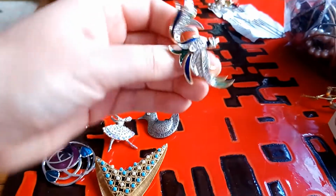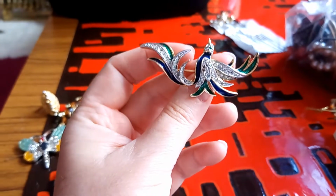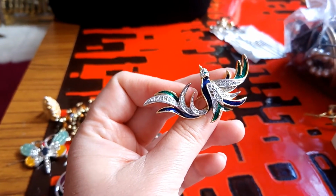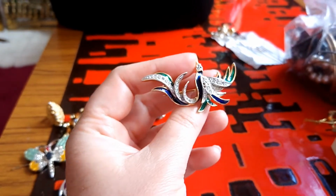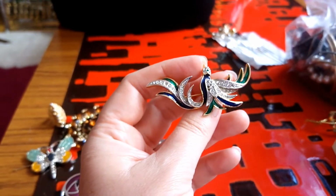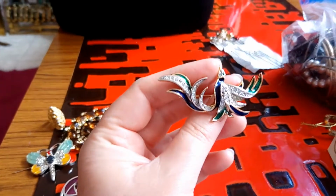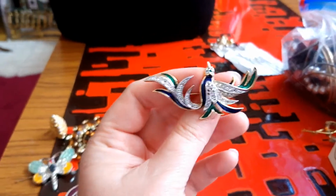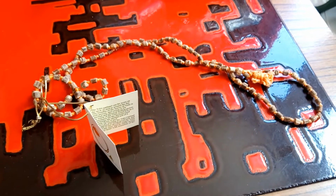Amazing. This is vintage Attwood and Sawyer. I think it is a phoenix, or possibly a peacock. It has some small stones missing, but I will repair that professionally with Swarovski crystals, and it will be restored to its former perfect glory. Beautiful. The last piece I bought individually was this